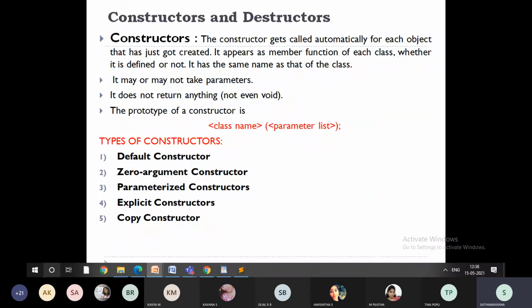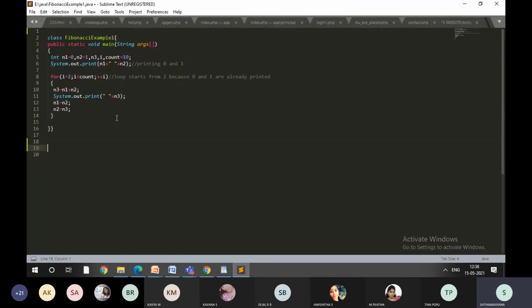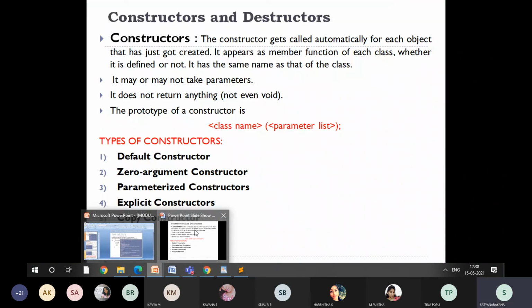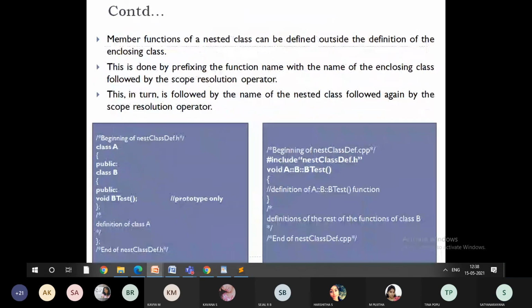As I said, the moment we create an object, let me just go here.